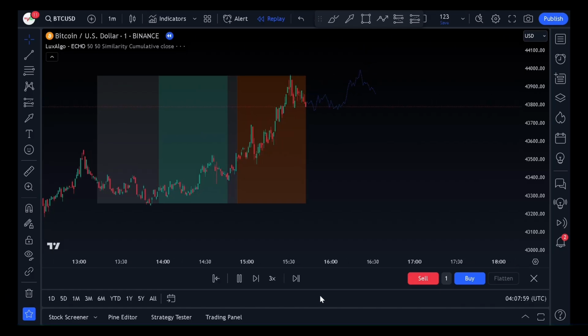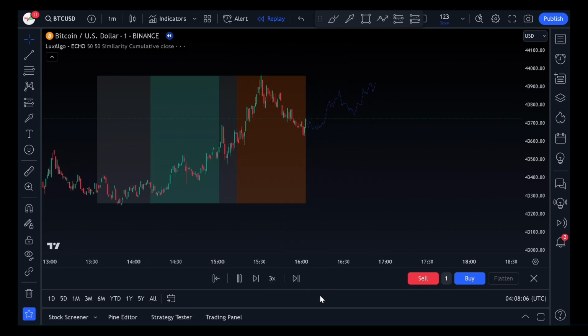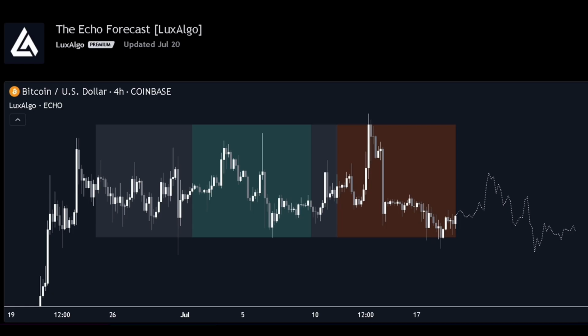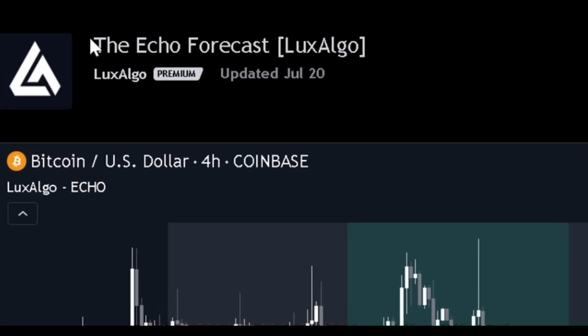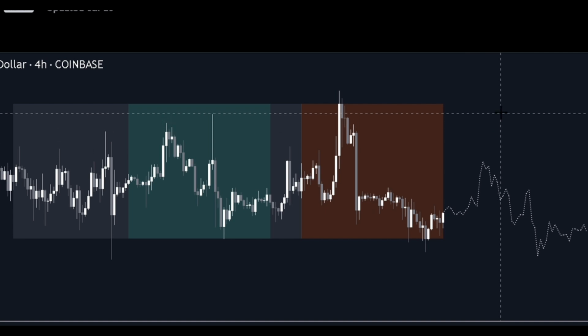Let's get into it. Now, you may be asking yourself, but what is this future predicting indicator anyway? And is it a premium indicator or is it free? Well, ladies and gentlemen, welcome the Echo Forecast Indicator. This indicator was created by Lux Algo in October of 2022. And its main purpose, as you can see, is to plot out the exact path to be followed by the